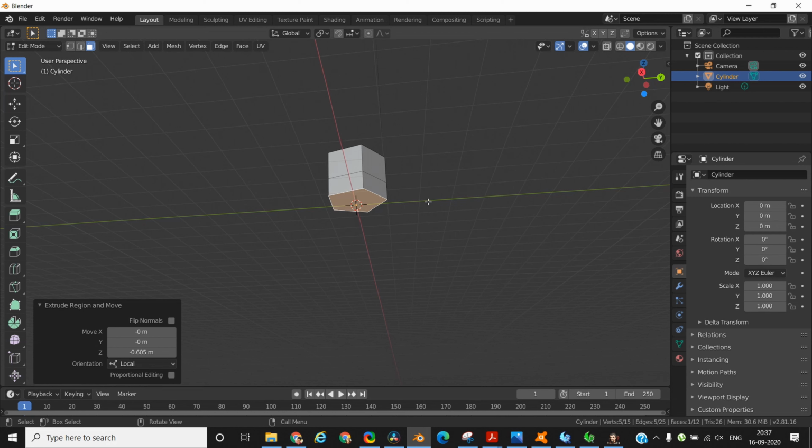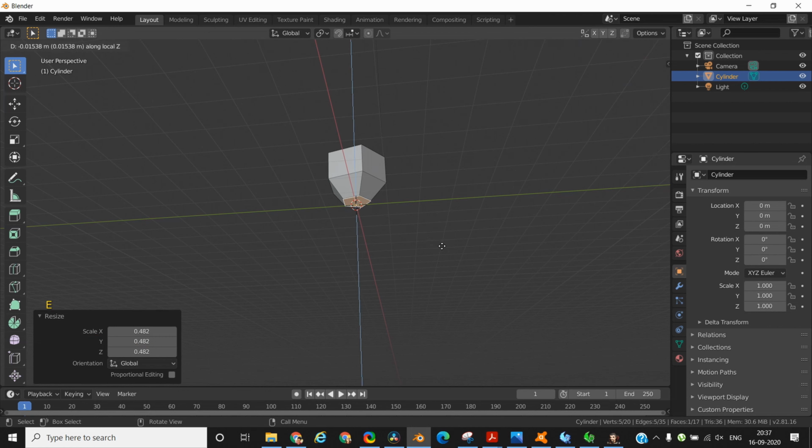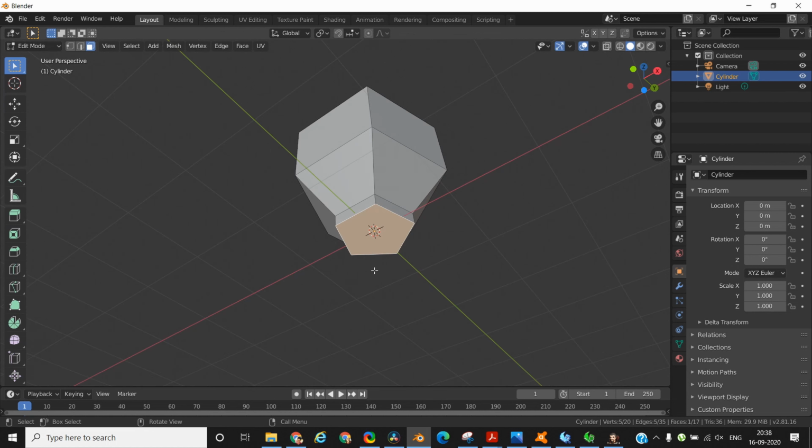So in this case I want to scale this entire face, so my face is already selected because I've just extruded it. I want to scale it down a little bit, so I'll press S and I will slowly shrink it till I reach the desired width. I want to extrude it again along the Z axis slightly, so E, Z, just a little bit, click to commit the action. Now we want to join all these vertex points, the 5 points of this face, together at the center to form the tip of the acorn at the bottom.